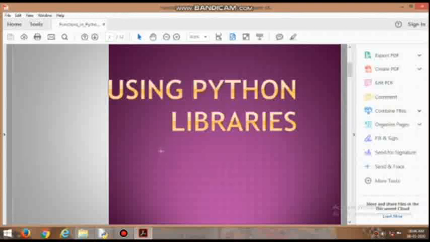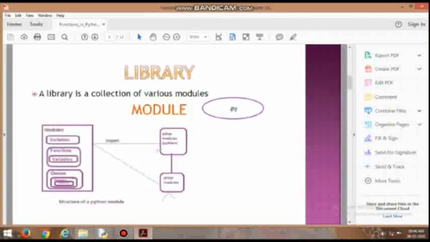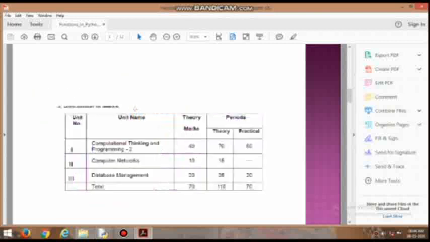Today we are going to discuss the topic Python library. Your school library consists of several types of books. Similarly, Python library consists of several modules. A module is a file containing Python definitions, functions, variables, classes, etc. A module name is the file name with the .py extension. Modules make it easier to reuse the same code in more than one program.